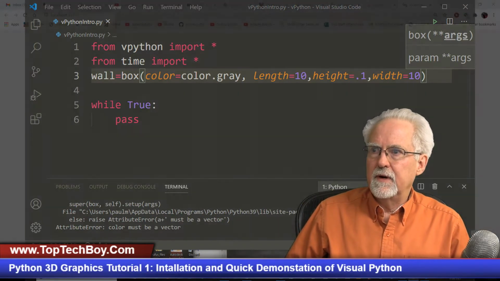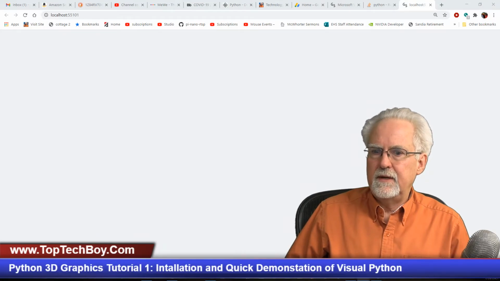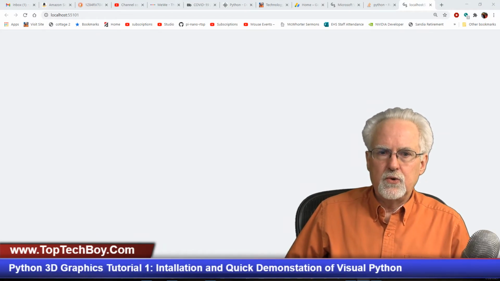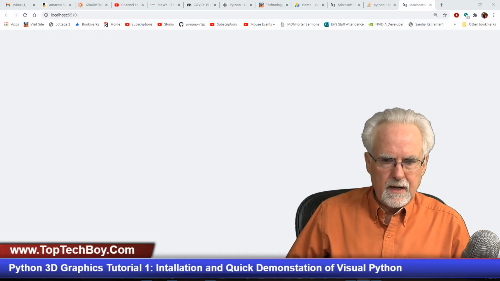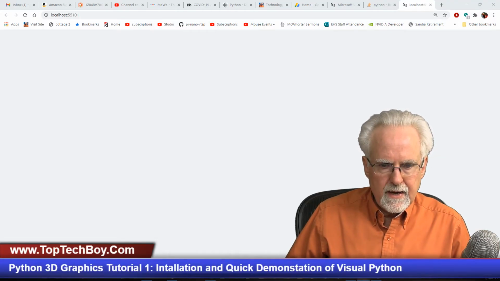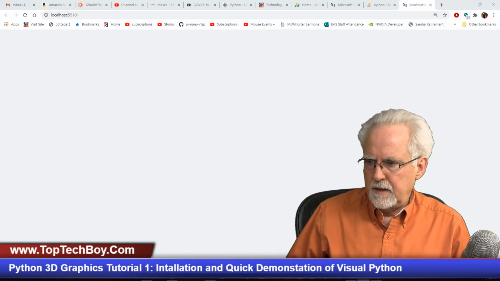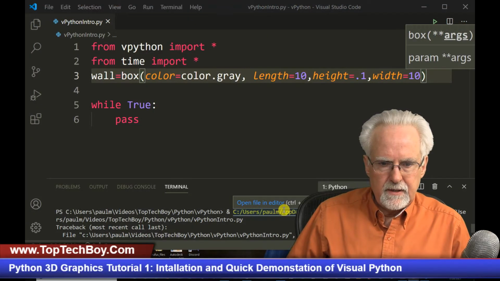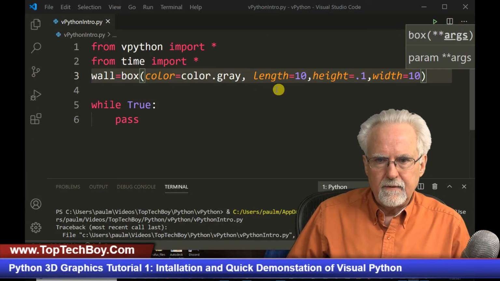And then we'll come over here and let's see if we get anything. And I don't seem to be getting anything. What is it not liking? Okay, I got an error. And so let's come back over here and see what it didn't like. I have length is 10, height is 0.1, width is 10, and